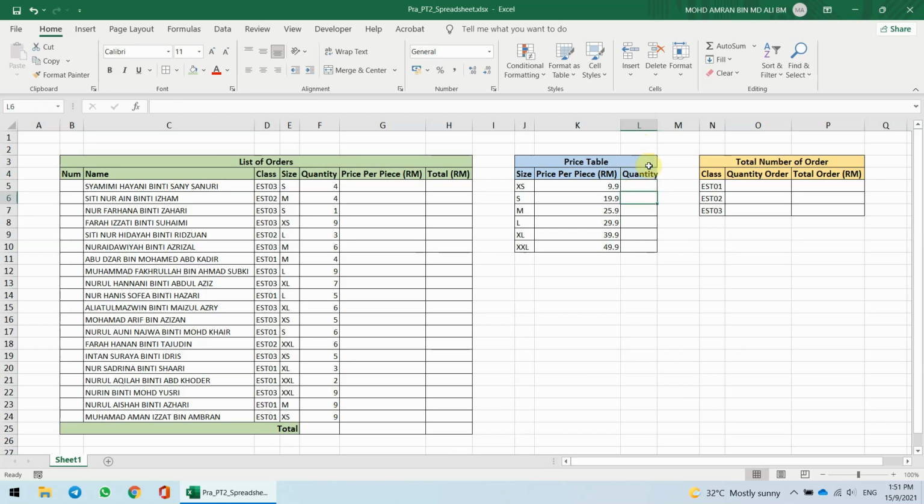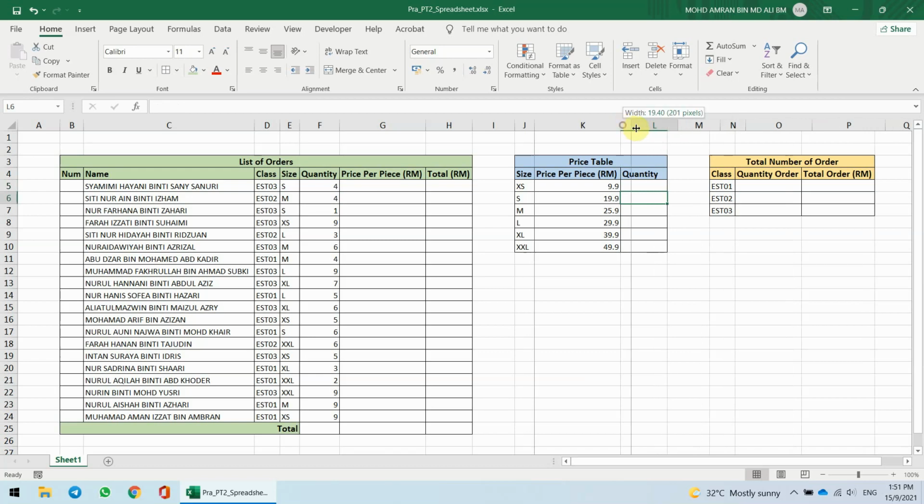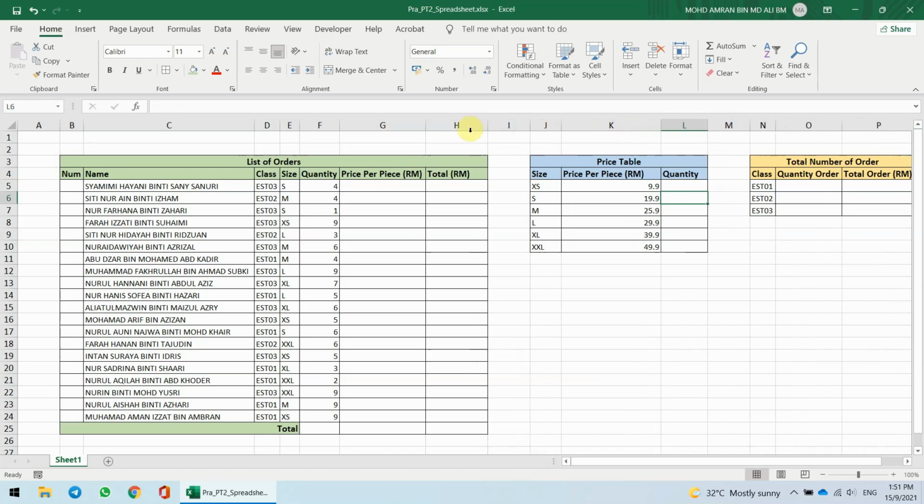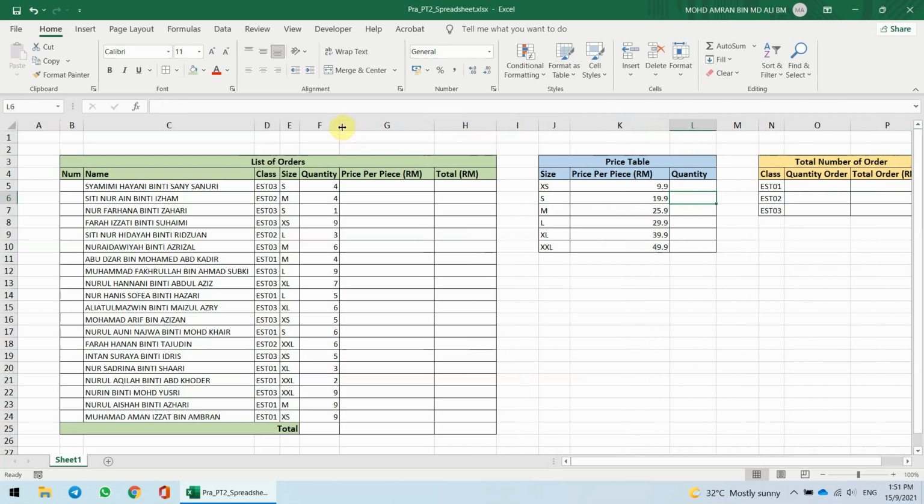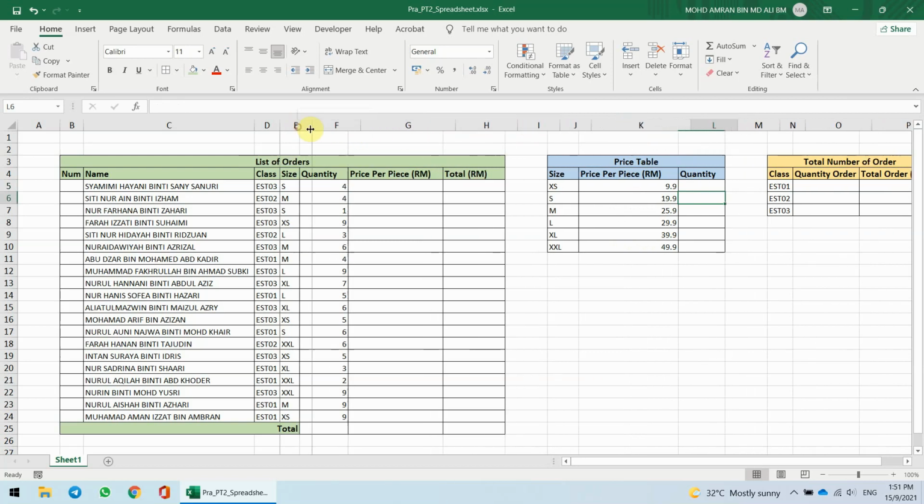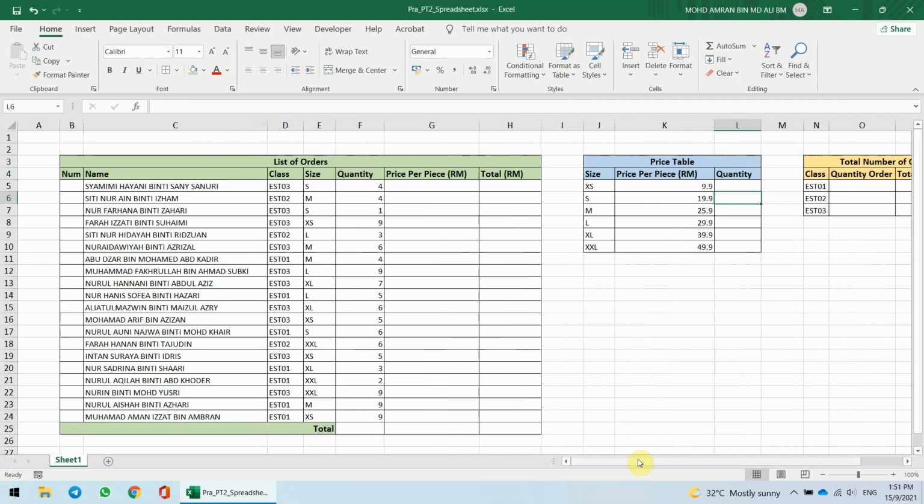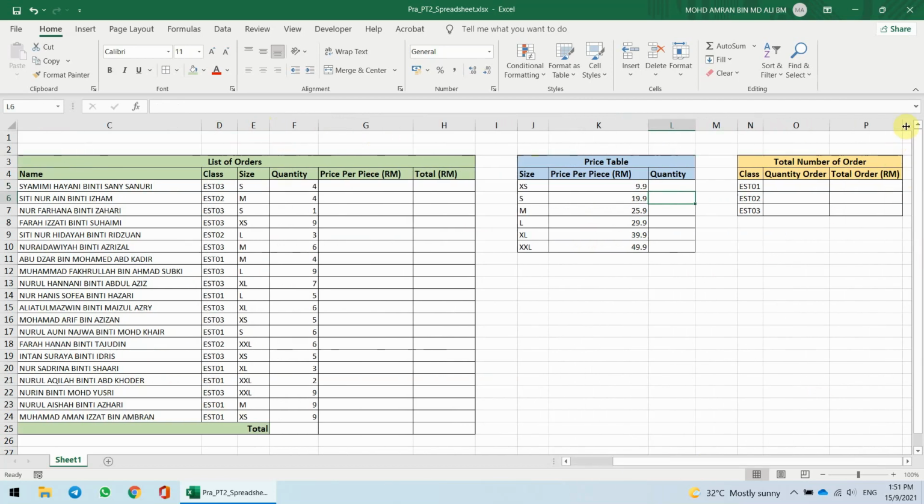Okay, if you don't want to double click, you can also click and drag up according to your needs. If you need a better space, then you click and drag. Otherwise you can make it smaller. Okay, if you want to make it smaller, what happened to the